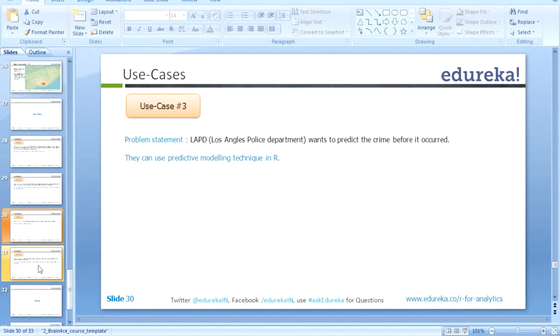So in this case study, in the morning they come up in a meeting room. They see some patterns of crime from the past data, and they build a predictive model and try to predict the crime wherever it is happening. Another use case is